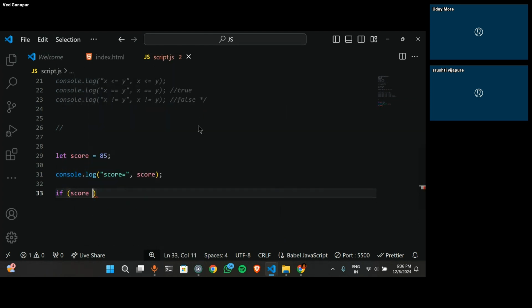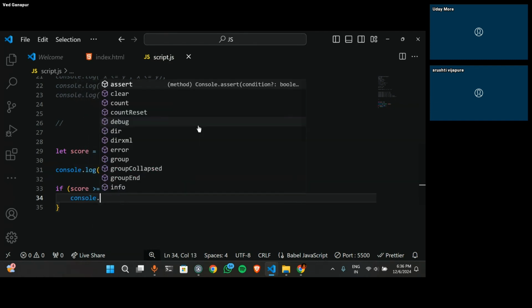So the condition is score greater than or equal to 90. What should be printed? Grade A should be printed. console.log